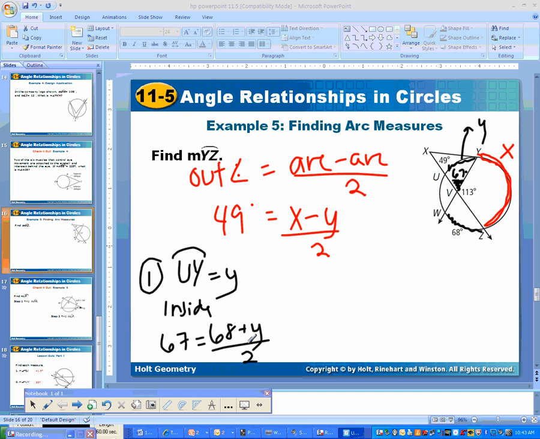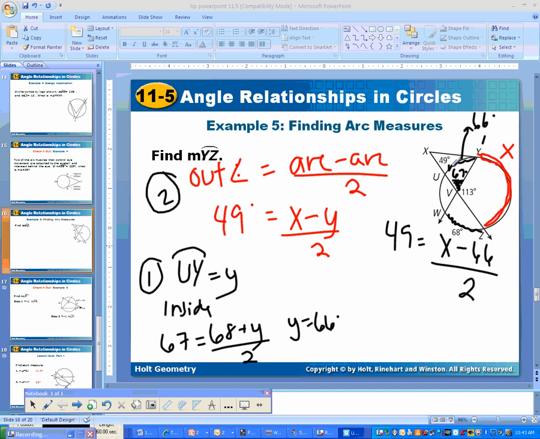So I do my math, multiply this by 2, 67 times 2, subtract my 68, and I should get that y equals 66 degrees. So make sure you got that. So this is now 66 degrees. That was the first thing I did. Now that I know what y is, I can now go back. This is my second step. Go back and plug it in here. So 49 equals x minus the 66 divided by 2, because these arcs are both within